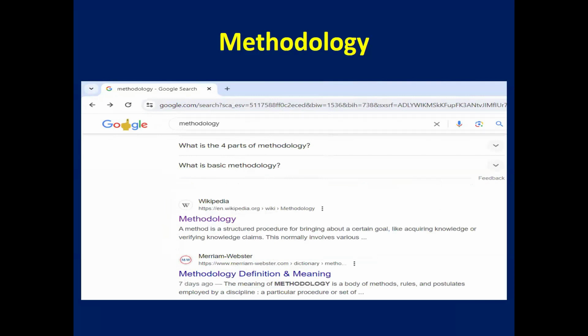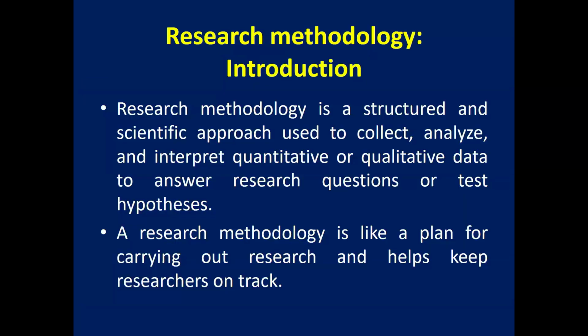So by using this methodology, we can achieve our research objective, research aim, research hypothesis, or research outcome. So now, research methodology. It is structured, as we have already discussed, with a scientific approach and scientific principles behind this, and it is used to collect,